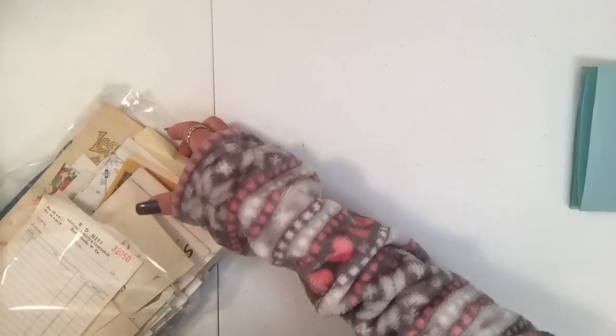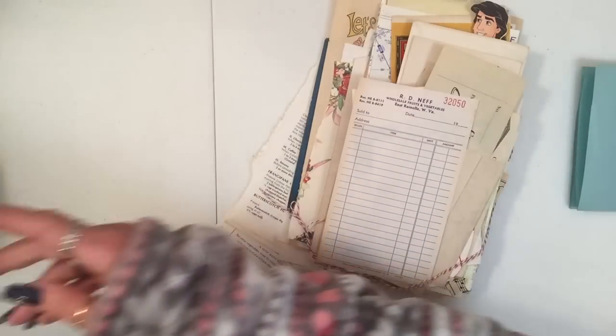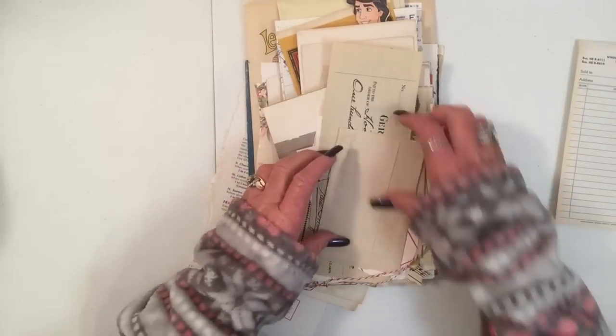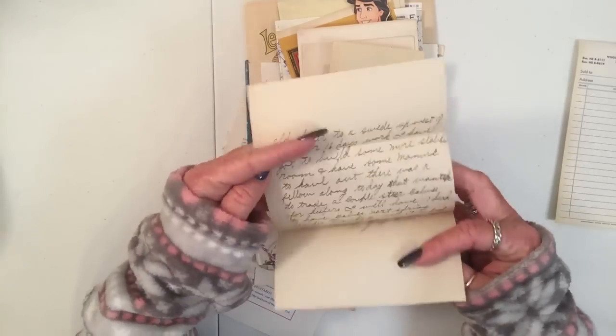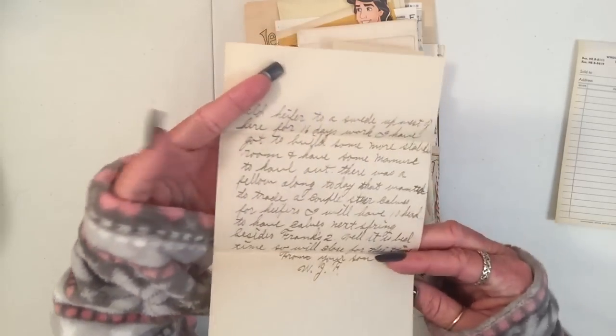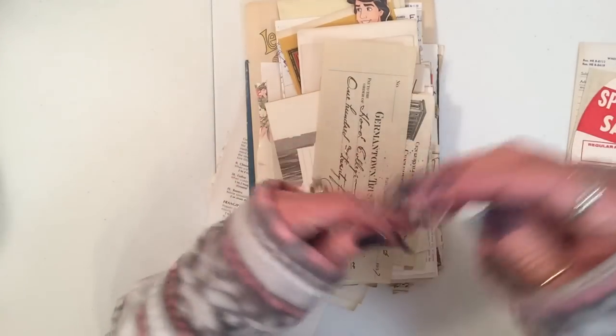I was trying to read what it was about, but I don't have time for that. Anyway, let me get the rest of this stuff out. We have a receipt. We have a letter that is not dated, but you can tell it's vintage. It's yellowed. We have a tag. I think this is what...